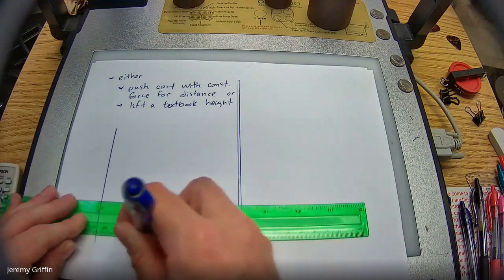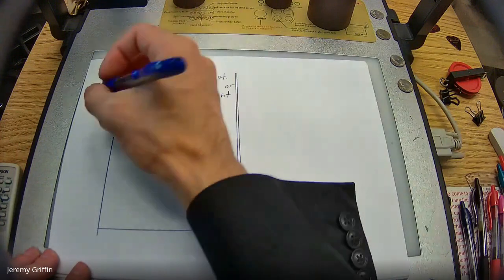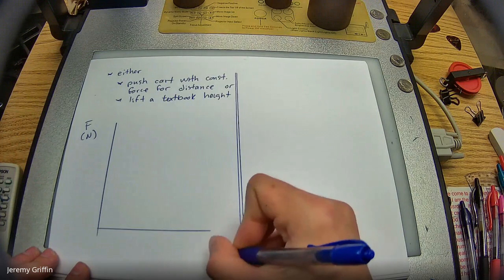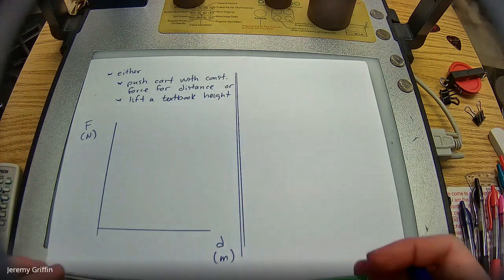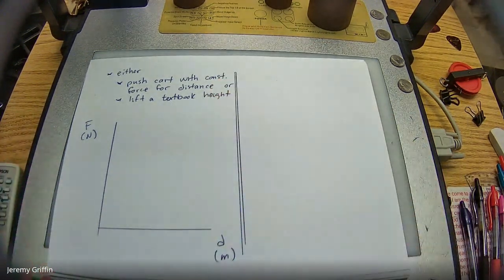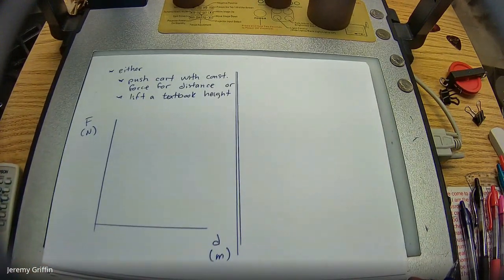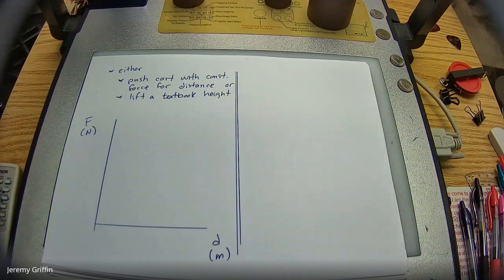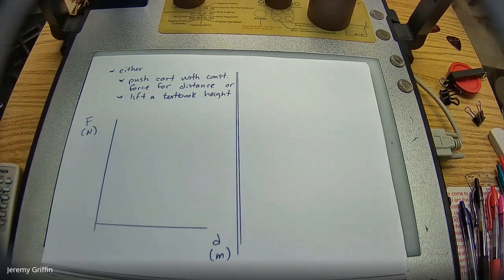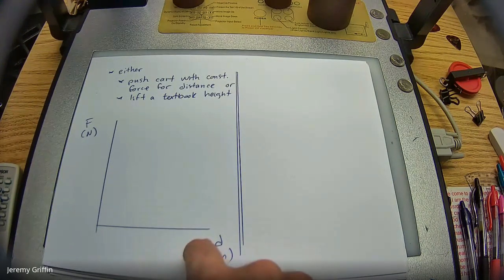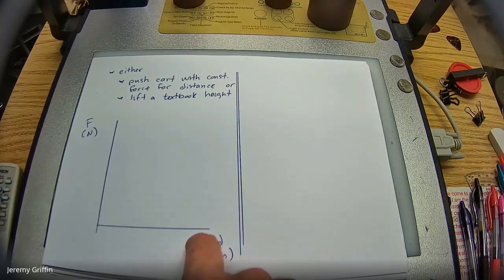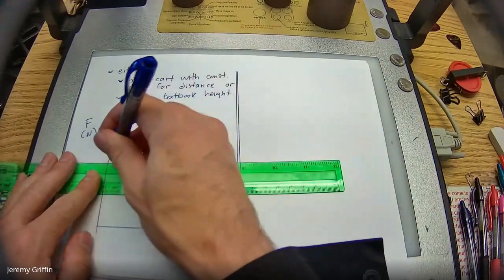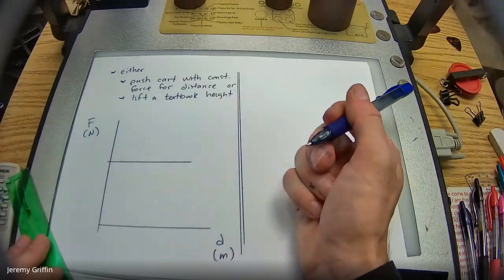you could make a force versus distance graph that looks pretty similar. So we're doing force measured in newtons versus some displacement measured in meters. And if that force is constant, can you guys draw what that graph would look like for a constant force? You guys have never seen this graph before, or not that I remember anyway. Usually, time goes on this horizontal axis, doesn't it? Right, for the graphs we've been doing. So this is distance. We've got force versus distance. Constant force. Did you guys draw a graph that looks like this? Basically that, right?